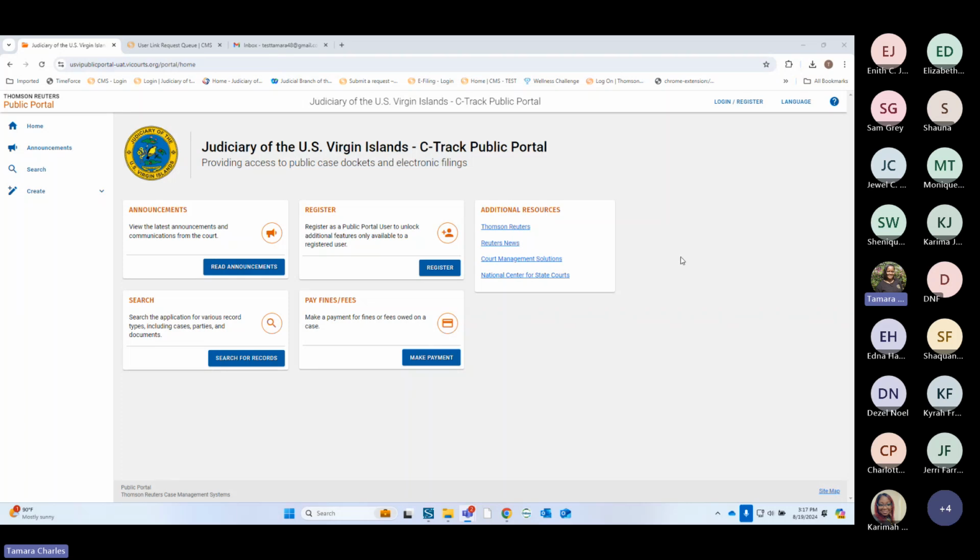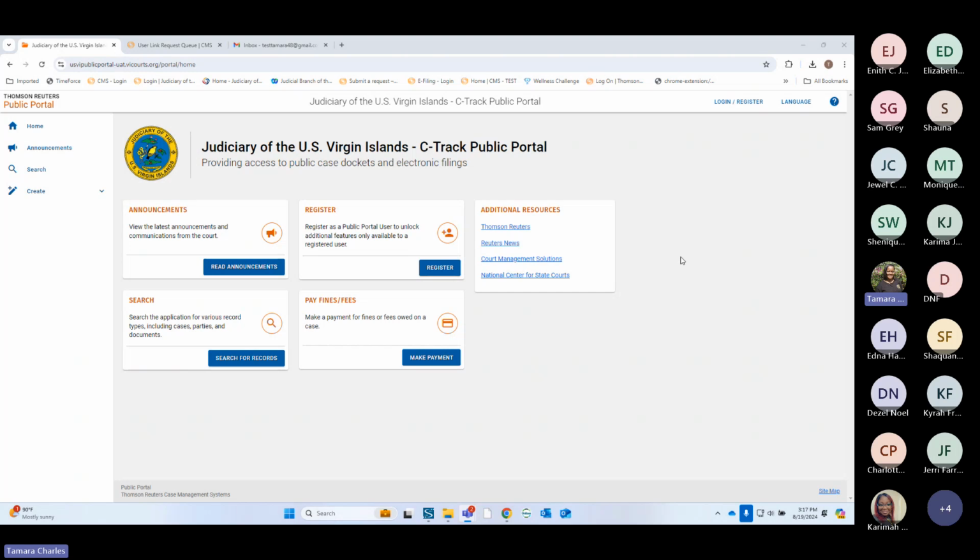The vendor that we use, Thomson Reuters, is now upgrading us to the next available version of the system that we had. So if we were on one, I'm gonna mix up the numbers because I'm not IT, but we were on a different version and we're now being pushed to 1.43. 1.43 allows the system to have public portal and e-filing all as one.